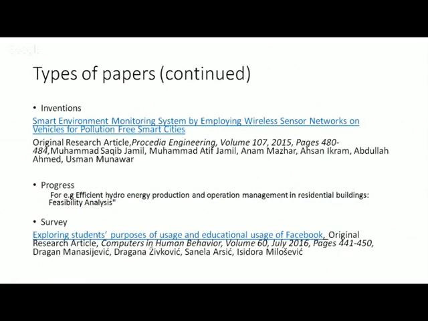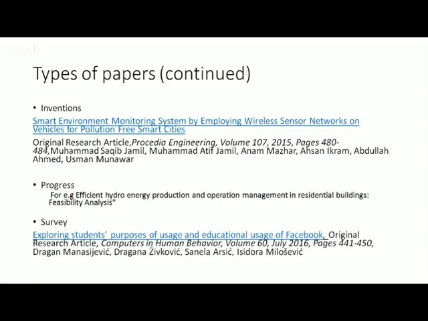Invention type of paper. A title for this type of paper, for example, "Smart environment monitoring systems by employing wireless sensor networks on vehicles for pollution free smart city." It means there is a clear variation and innovation appearing in it. When your research study involves an innovative product or an innovative methodology to be introduced by the research scholar,